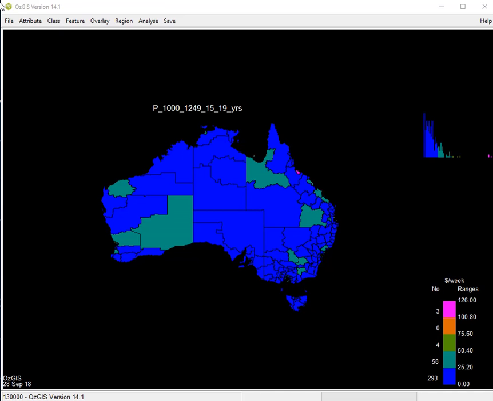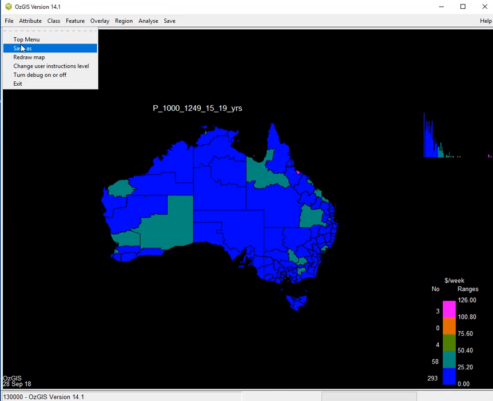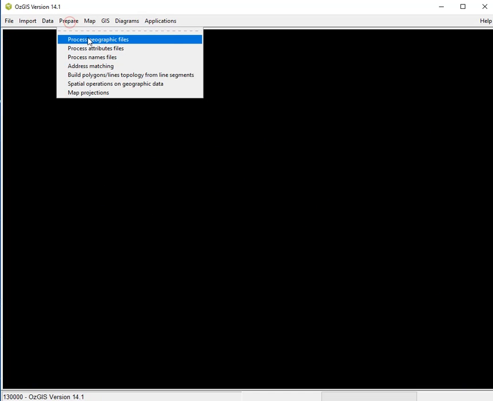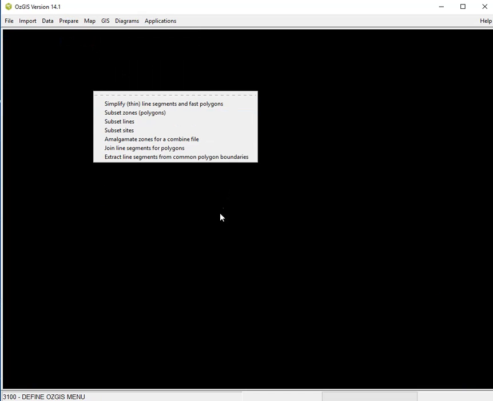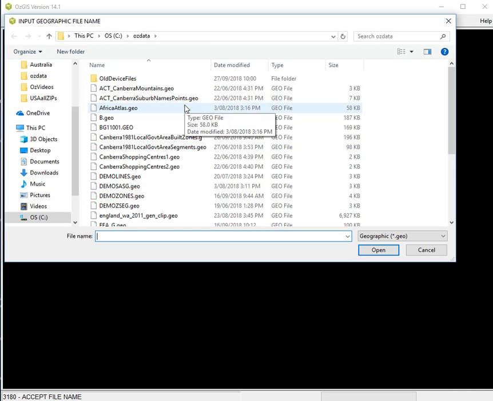So we can use some of our features, such as preparation for data files, and we can process geographic files,